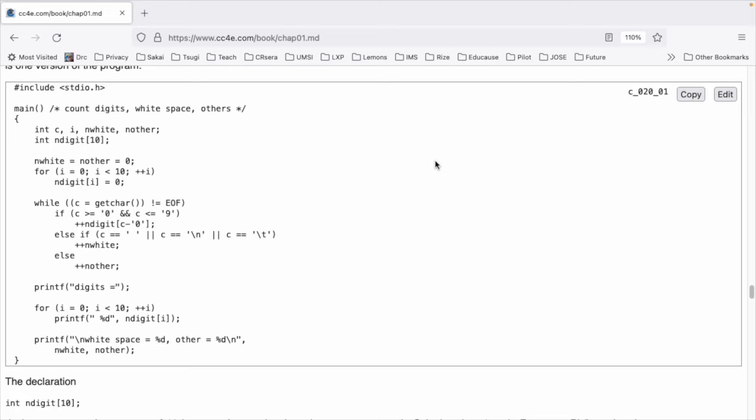Now we're going to have a loop to read all of our input: while ((c = getchar()) != EOF) if (c >= '0' && c <= '9') ++ndigit[c - '0'];